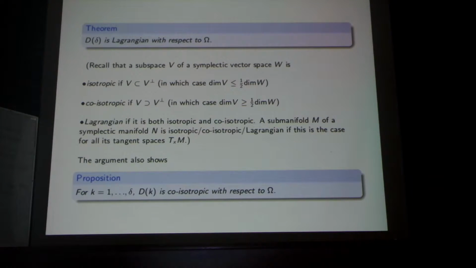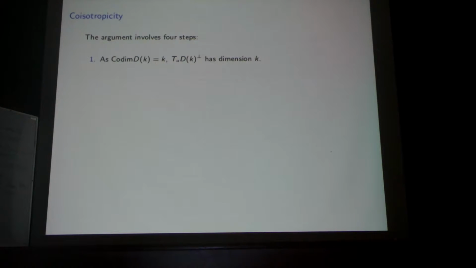Okay, so in fact, the argument of Givental and Varchenko also shows that for every K, the delta equals K stratum is co-isotropic with respect to the symplectic form pulled back from the intersection form. The argument is not very difficult, involves 4 steps, which I'll sketch. First of all,